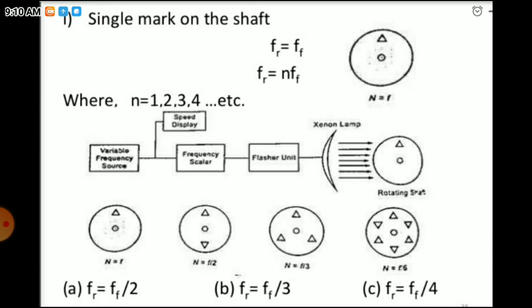The pattern will also appear to be stationary if the speed of rotation is exactly twice, 3 times or any multiple of this speed. When the disc appears to be stationary, the speed of the rotating machine is given by n equals f upon m, where f equals the number of flashes per second and m equals the number of point marks. The stroboscope dial may be directly calibrated to read the speed. The value of the exact speed may be found as follows.